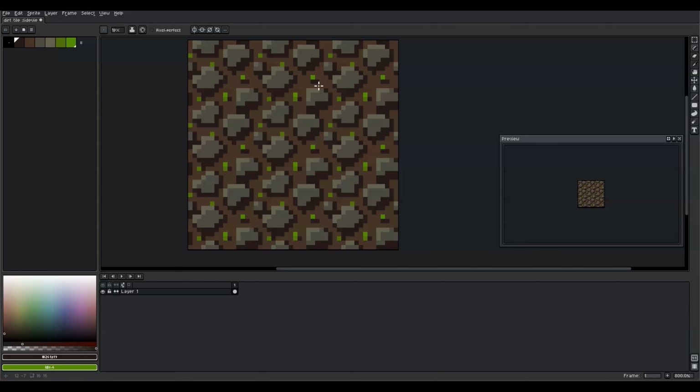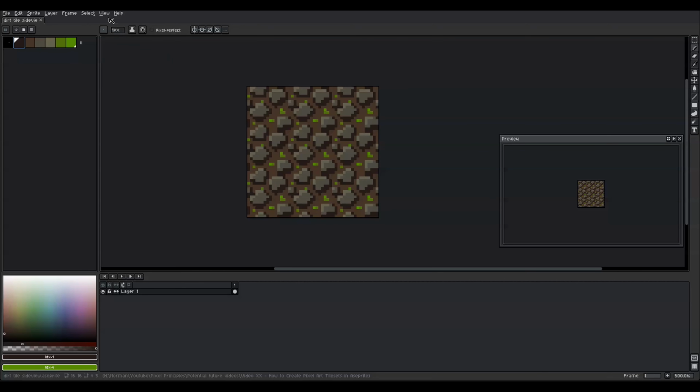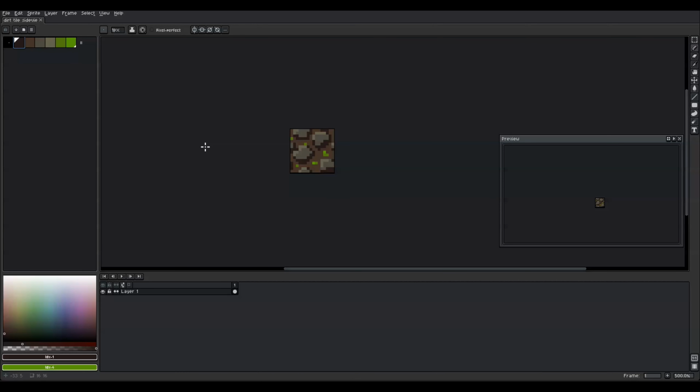Give it some finishing touches, then switch off tiled mode again from the view menu, and here we have our